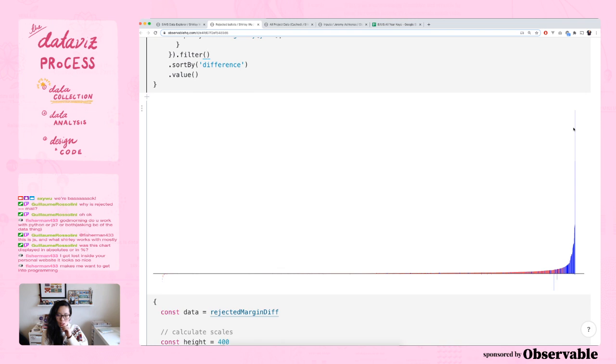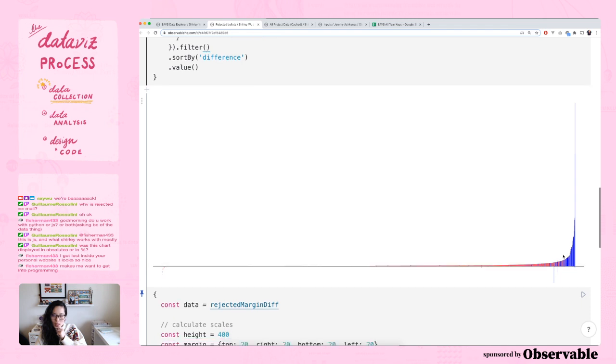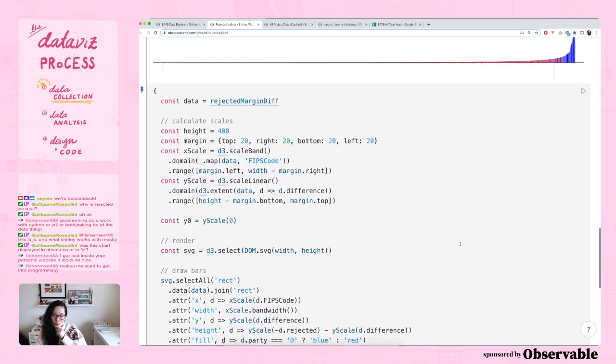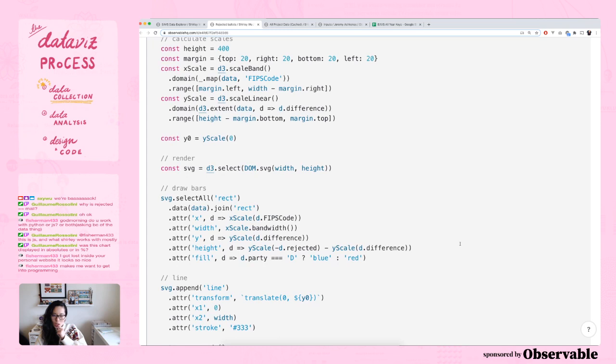So, this is so interesting. Wait. Okay, so I feel like my code is incorrect. It's definitely not correct. Something is so incorrect. If it's a negative difference, that means there were so many more mail-in ballots. Let me just do it at,